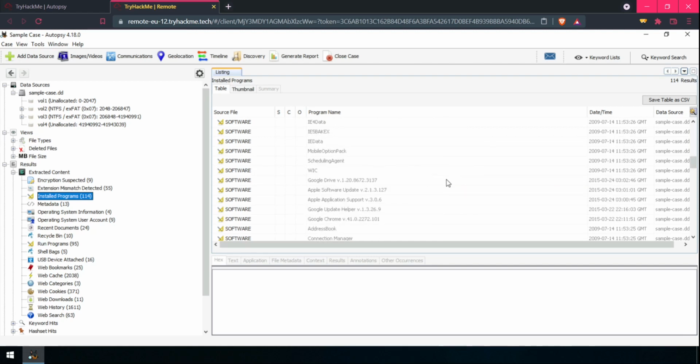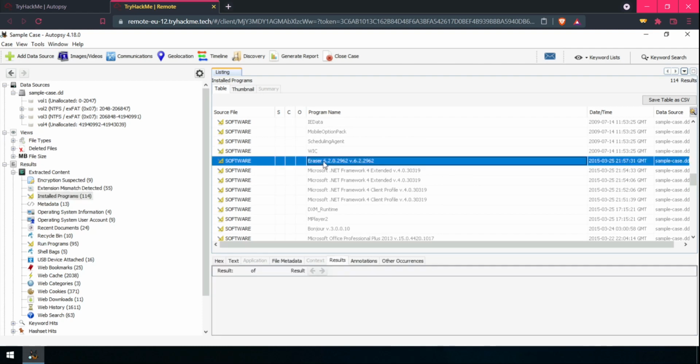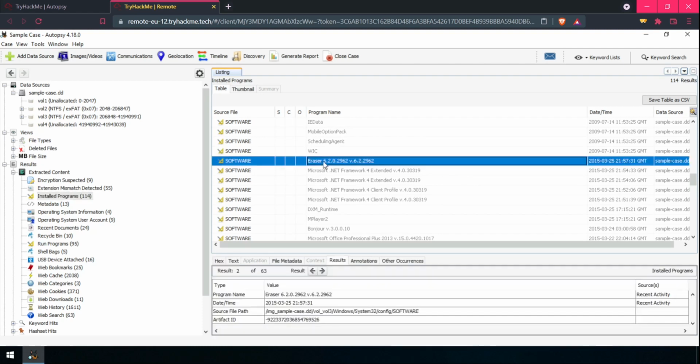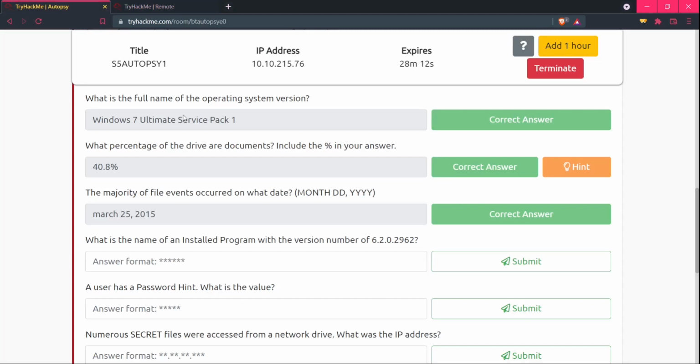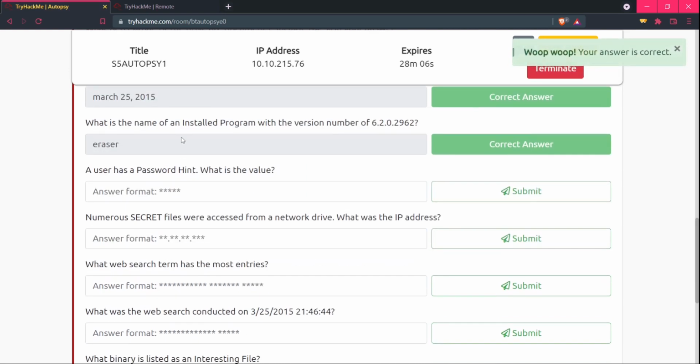There is Google Chrome, Apple software, Google Drive. Okay, here it is, Eraser 6.2.0.2962. That's the version, the version number is the same, and the name of the program is Eraser. So that's our answer and it's correct.